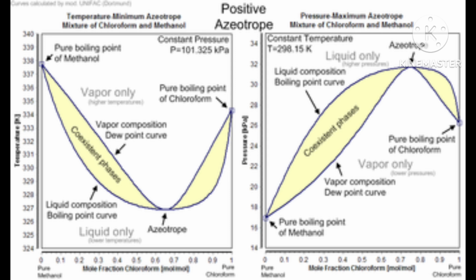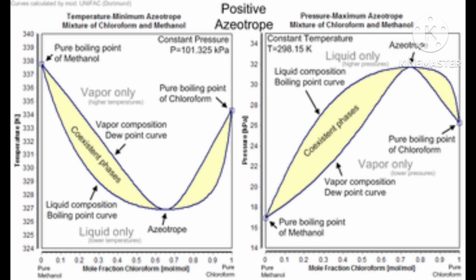At a specific composition, nitric acid and water is an example of this class of azeotrope. This azeotrope has the composition 68% nitric acid and 32% water by mass, and it boils at